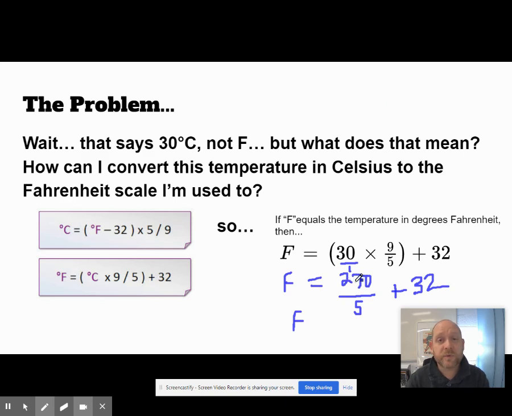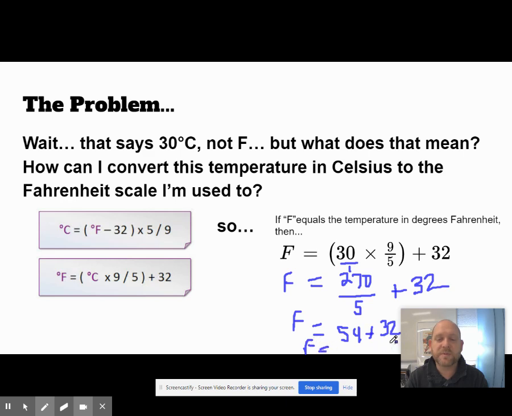So 27 is really close to 25. I actually happen to know that 5 times 5 is 25. So 5 times 50 would be 250, which is pretty close to my answer here. So I know I'm going to need to go, let's see, 50 times there. And then 5, I would get 20 left over, and that's 5 times 4. So I know that 54 is the answer here. And if I take my 54 and add the 32 to it to get my answer,